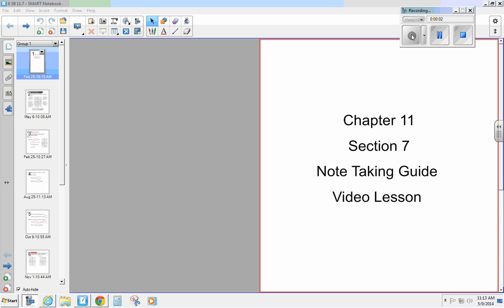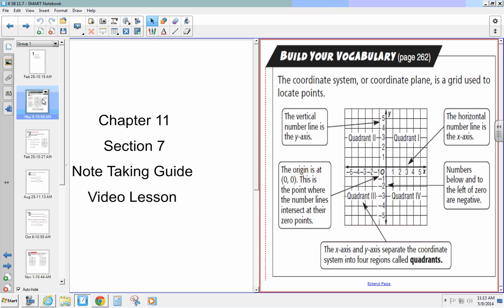Welcome to Chapter 11, Section 7, the coordinate plane. All right, so this should be in your note-taking guide. There's not much actual vocabulary to fill out, but it tells you all the information here. So I'm going to highlight some of